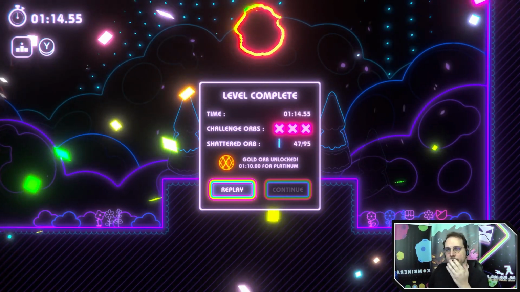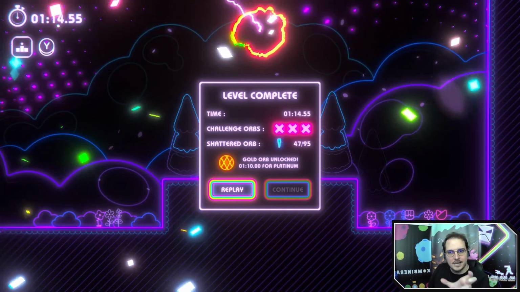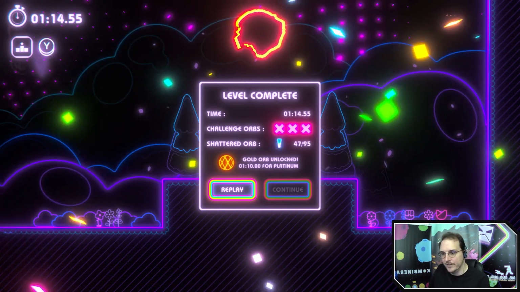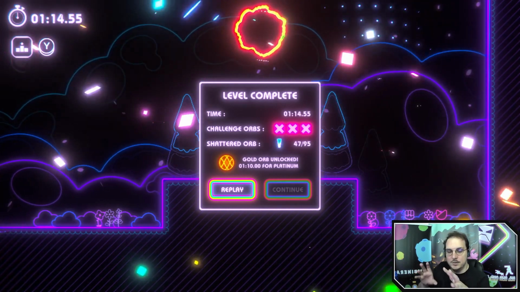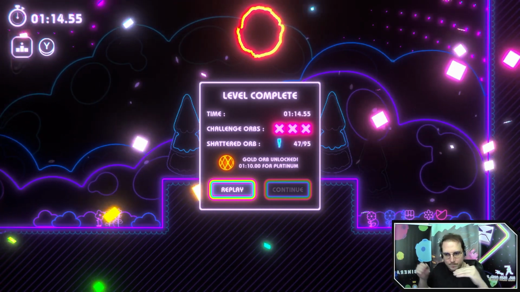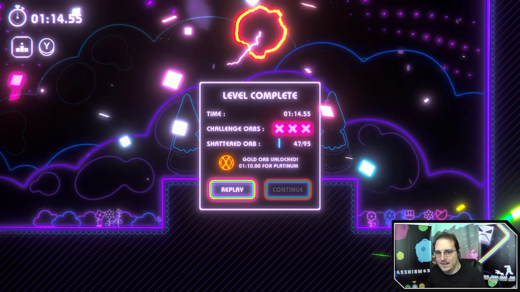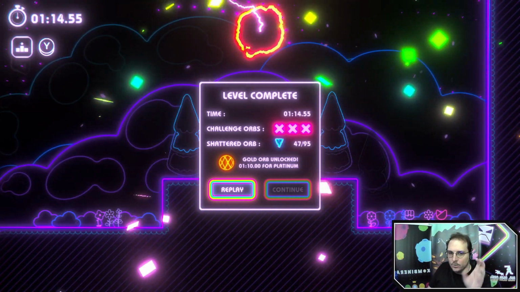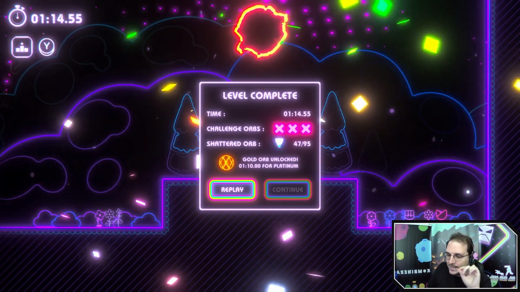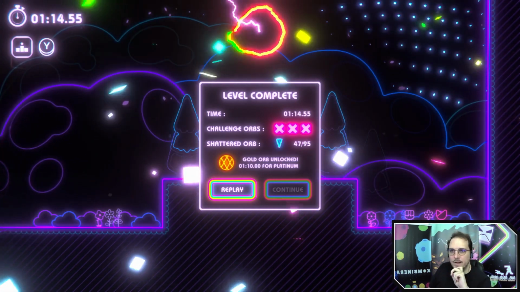I don't think we wound up doing much of that, but that little section at the end here, I think that is the product of me hitting the random level generator and turning that into this fast, heart-pounding section at the end. That's why it's just random plateaus like that. But all right, so we got the gold orb, 110 for platinum, so another 4 seconds off that. We had that heartbreaker death there in the middle. I think if we clean that up, we might be getting pretty close.